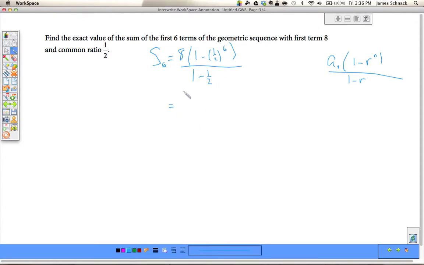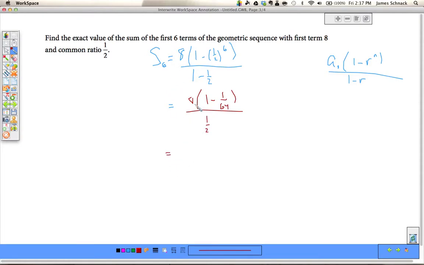Hopefully you all caught that. Mostly we go to the calculator, plug the numbers in, and crank out an answer because the numbers get so big so fast and so small so fast. I am going to do this without a calculator just for fun. I'm going to do 8 times 1 minus 1 over 64, since 1/2 to the 6 is 1/64, over